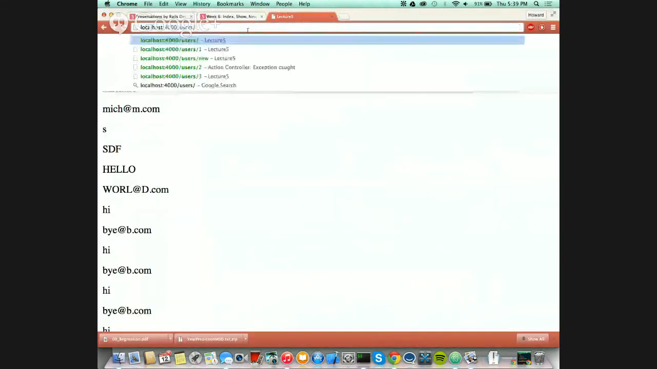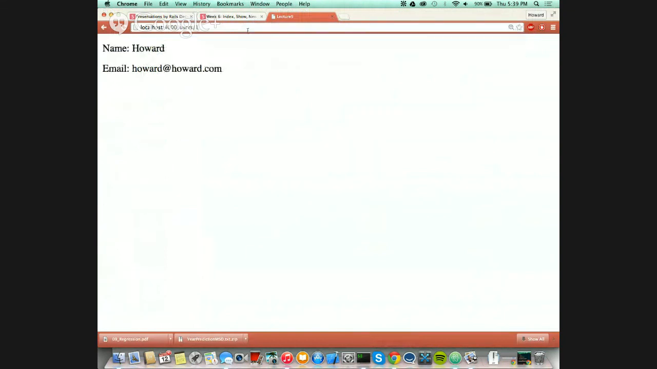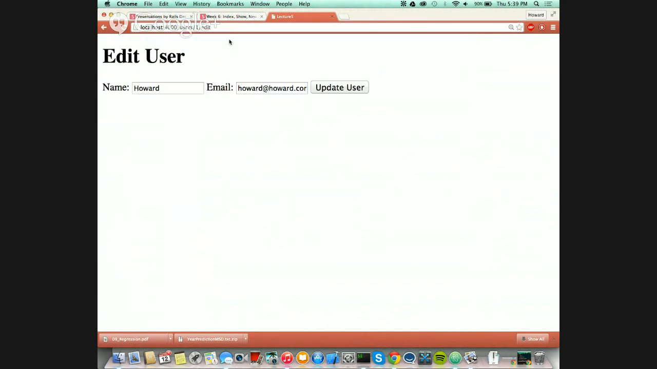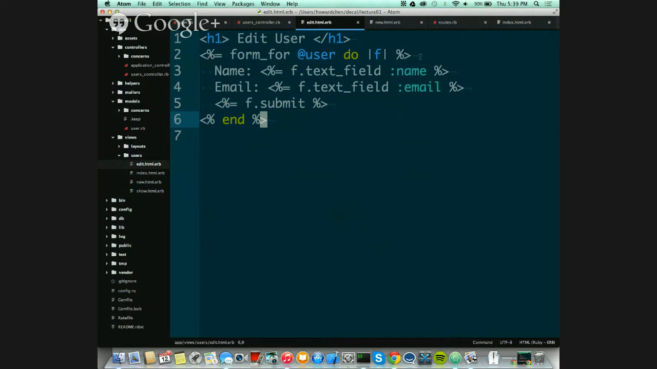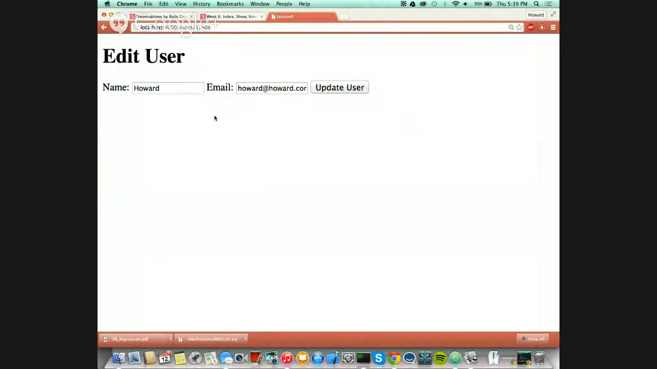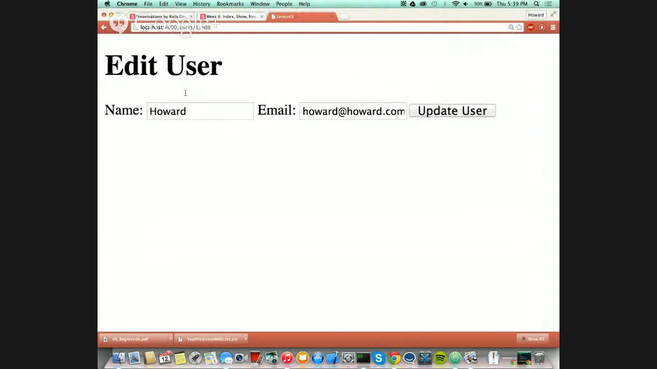I'm going to first look at my first user, localhost:4000/users/1, Howard at howard.com. If you remember from my rake routes, I could just do users/1/edit. And now I went to this page, if that makes sense. Going to the endpoint, it matched up with this: users/my ID/the word edit. Wait, I'll just show you the form. You see how my form is actually pre-populated? It has the information from before. And where it's getting that is